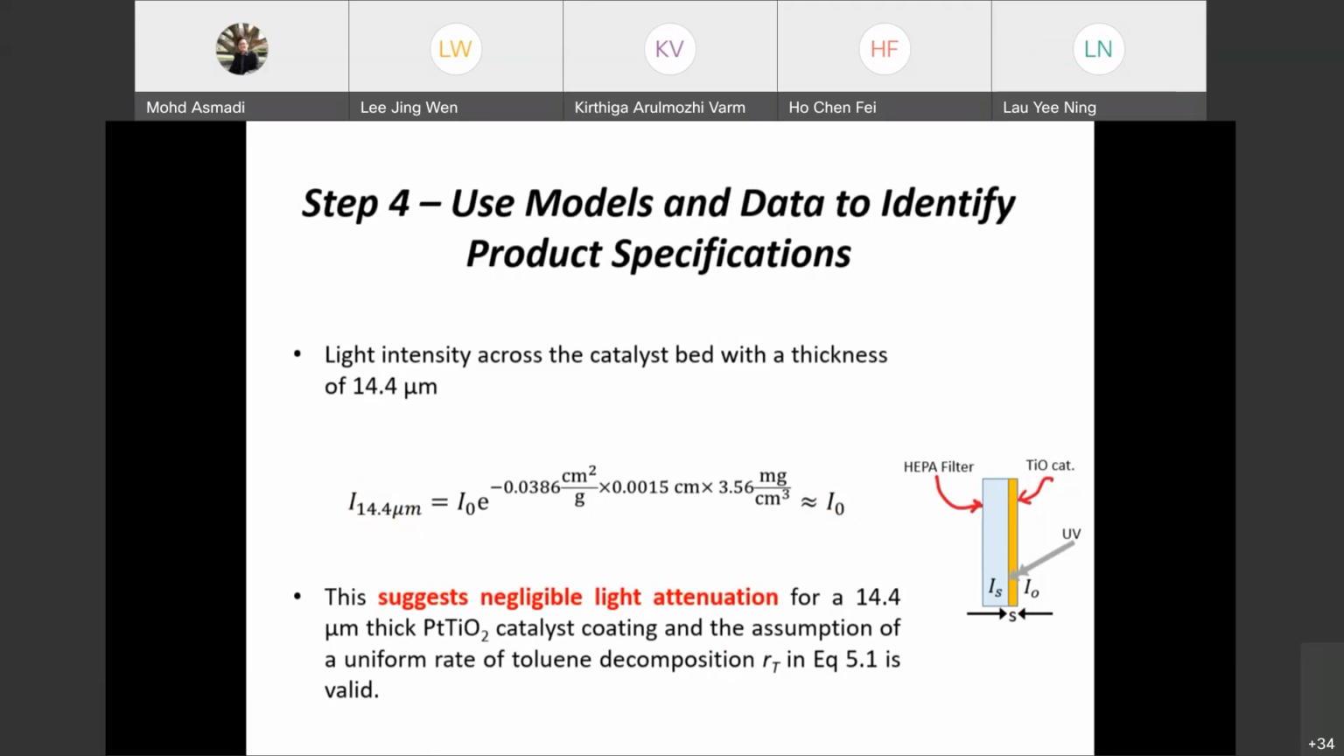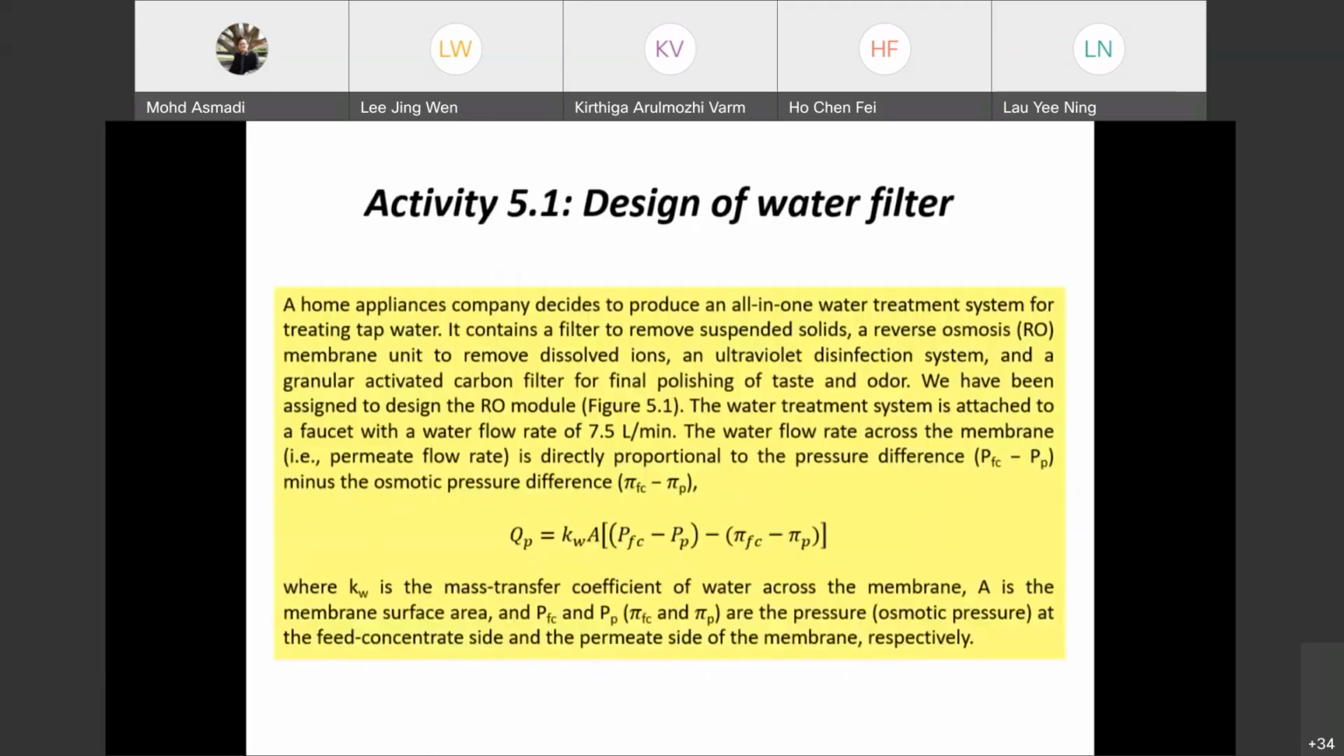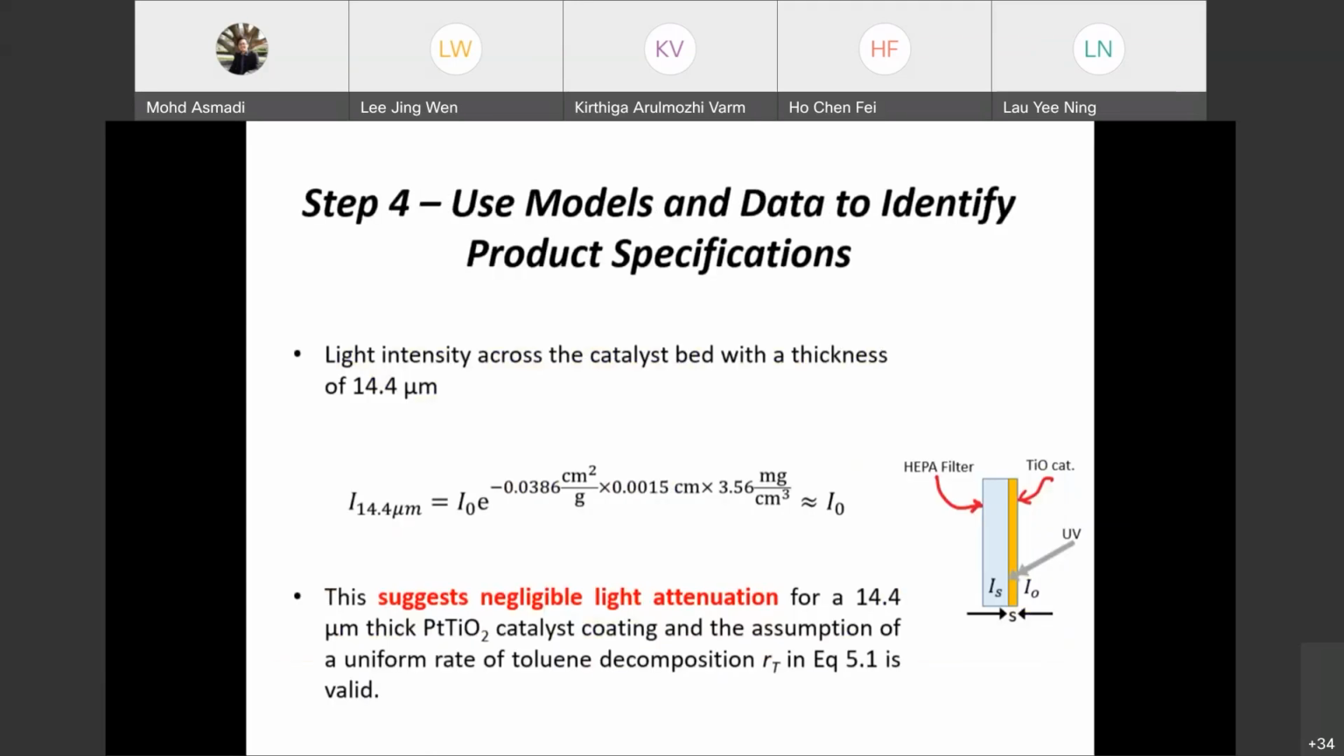Actually, we have other design issues that you need to consider. Not only toluene, as I told you just now, but you have to consider other components too. I think you can upgrade: before you do the prototype, you also test using other VOCs, maybe like benzene,